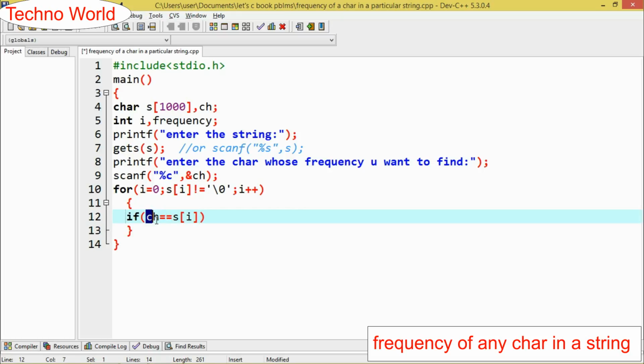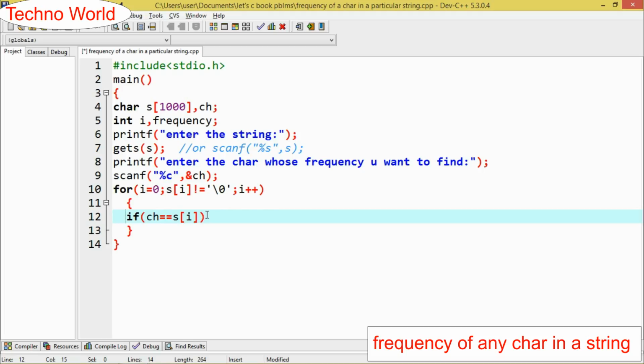When I write this type of condition, it means that the ASCII value of ch is equal to the ASCII value of s[i]. When I write c equal to d, where c and d are of character data type, it means the ASCII value of c is equal to the ASCII value of d.